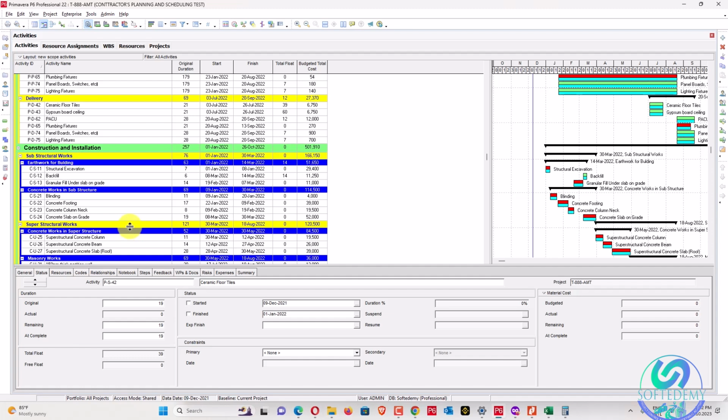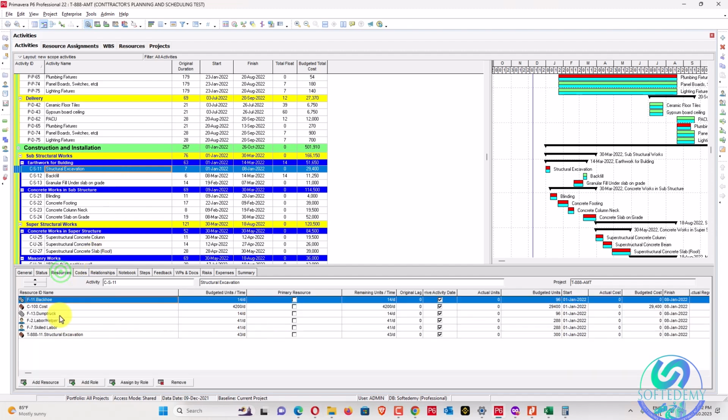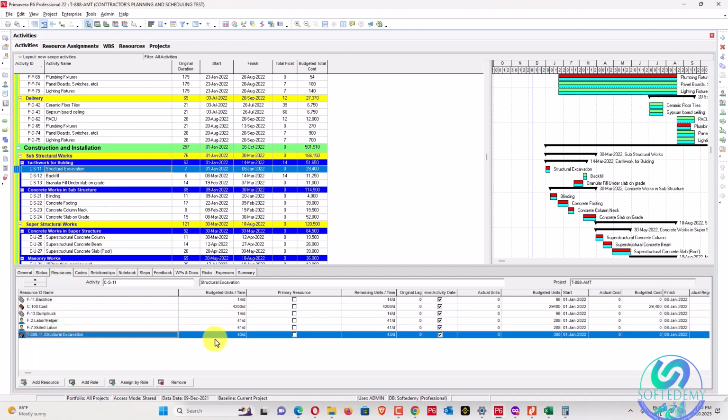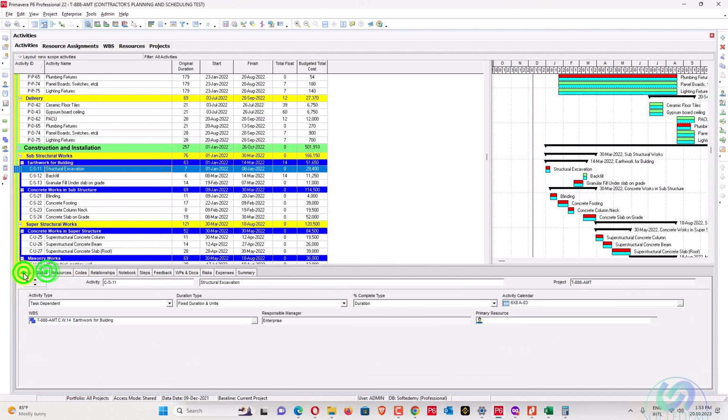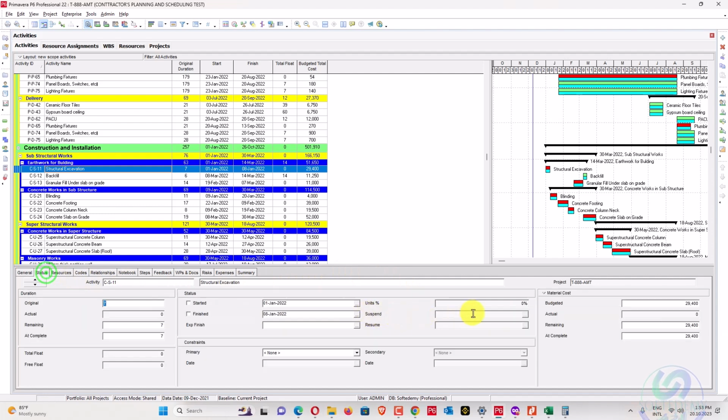We can get their updates. For structural excavation, you can add the quantities of the construction item, like 300 cubic meters of excavation, and make a PMS for it. Whenever somebody performs 10%, we can update 10% in the unit percent column.